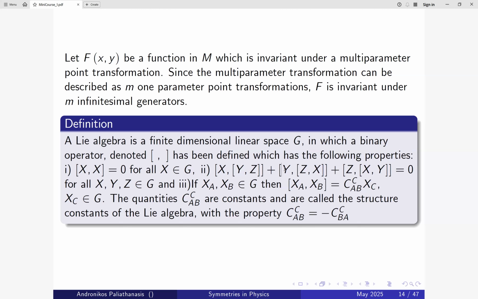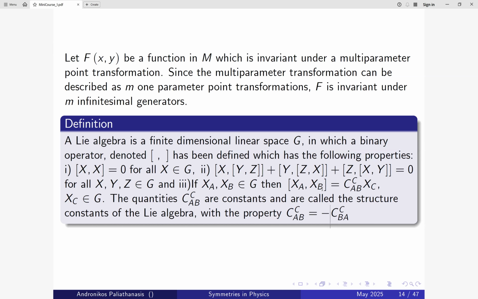I will tell you now how we interpret that. If xa and xb are two components of the vector of the linear space G, then the commutator of xa and xb is given by C_AB^C, where the C_AB^C are constants called the structure constants of the Lie algebra, which are antisymmetric. Now, if we define C as a connection of the derivative, since the bracket has the property to be a derivative,